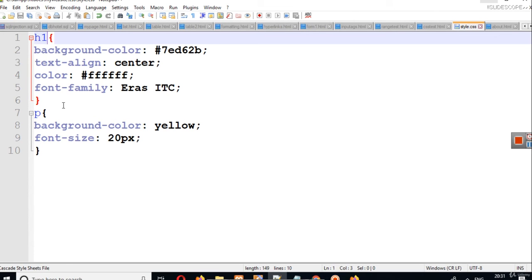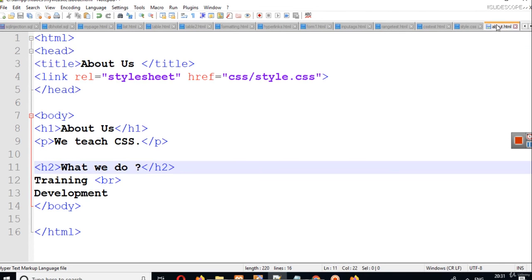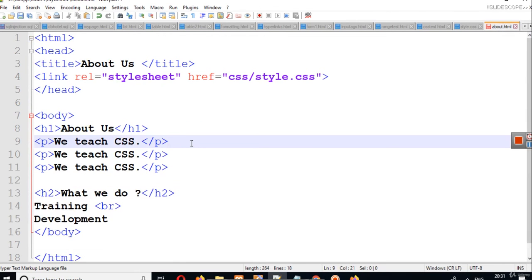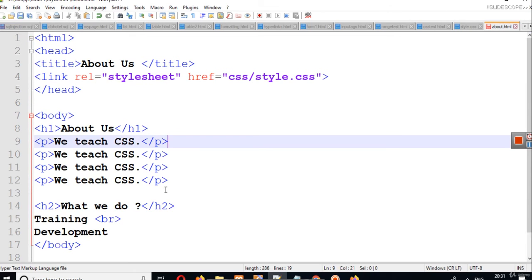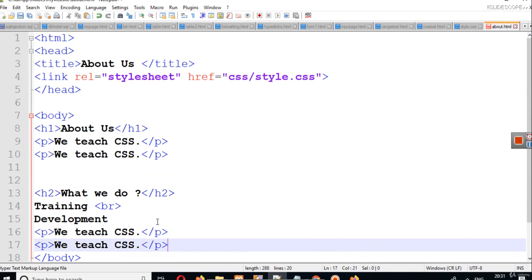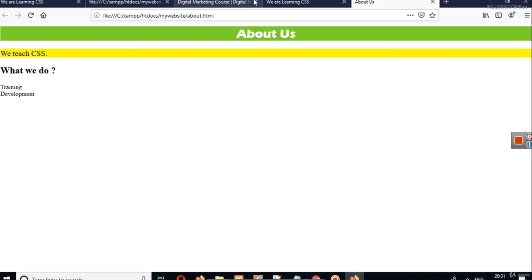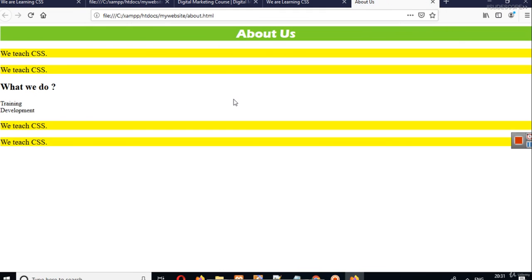Similarly, there can be n number of p tags. Let's say I will create some copies of the p tag, and I will paste it here. So we can see here there are n number of p tags, and every p tag has the same property. This becomes a problem also.